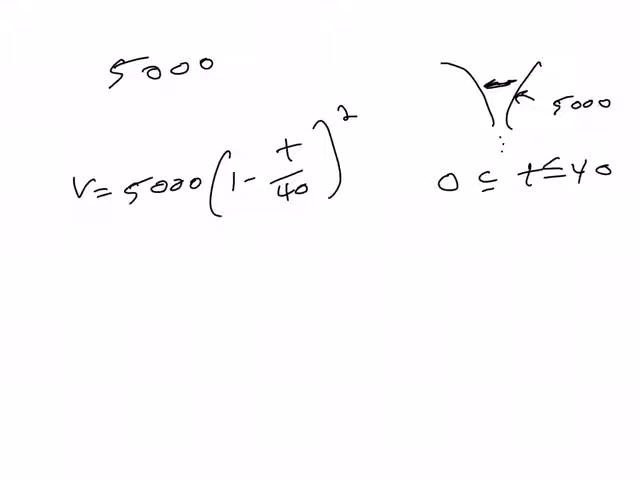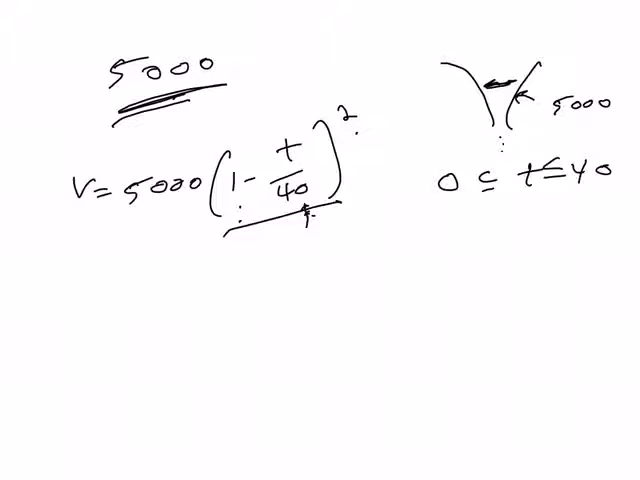Well, at time 0, this thing is 0, and then we just have 1 squared times 5,000, which is 5,000. So when we just begin, it's 5,000. And at time 40, this becomes 1 minus 1, so this whole thing becomes 0, and then volume is 0. So that makes sense. So find the rate at which the water is draining from the tank after 5 minutes,